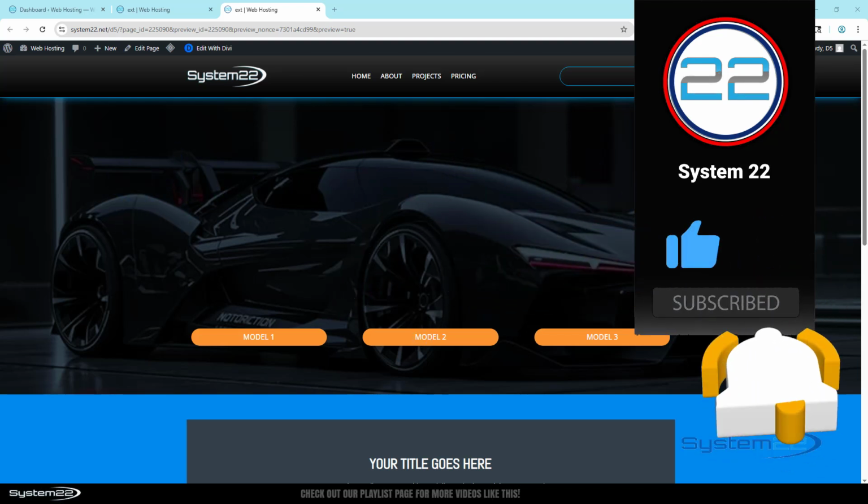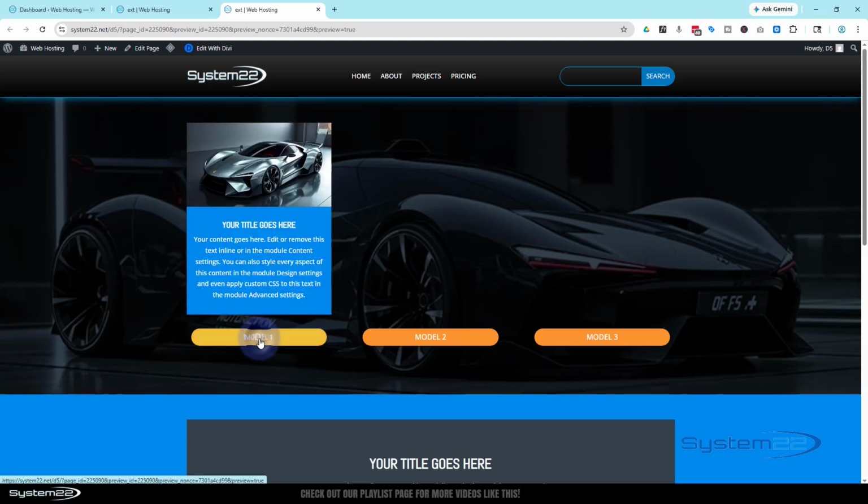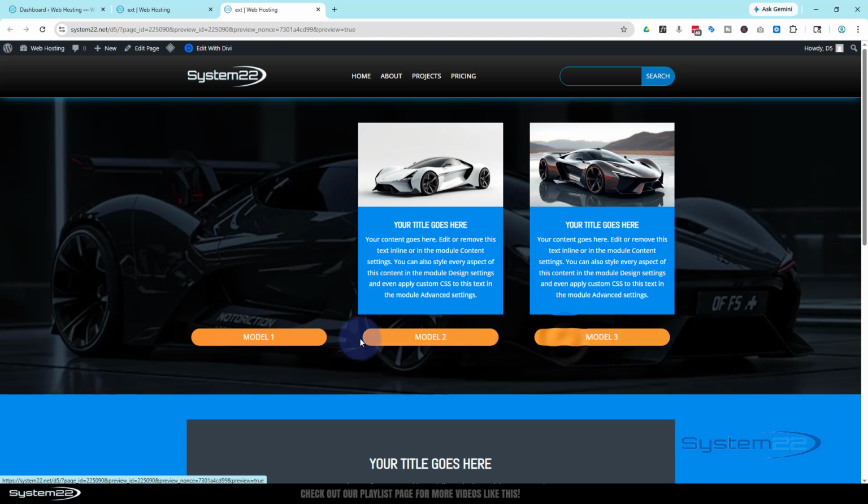I've got a sort of hero type section here with an image. I've got 3 buttons here. When I click on one of them, it's going to pop up a little blurb module with some info and an image up there. Click on it again, it's going to disappear. I've also got another one here, another one here. And you can click to show and hide as many of these as you want or as few of these